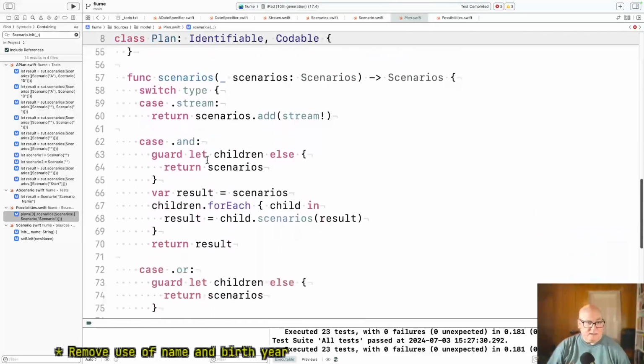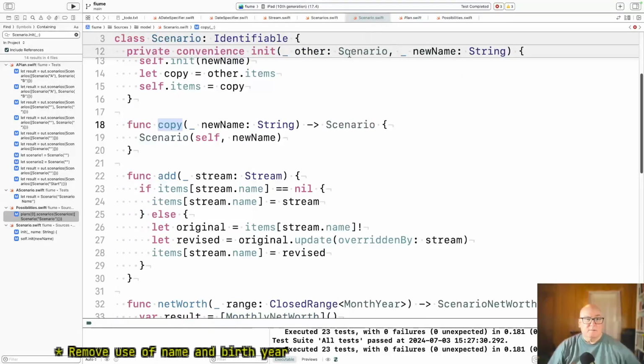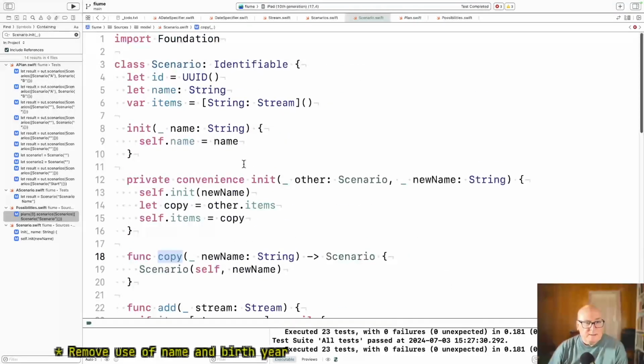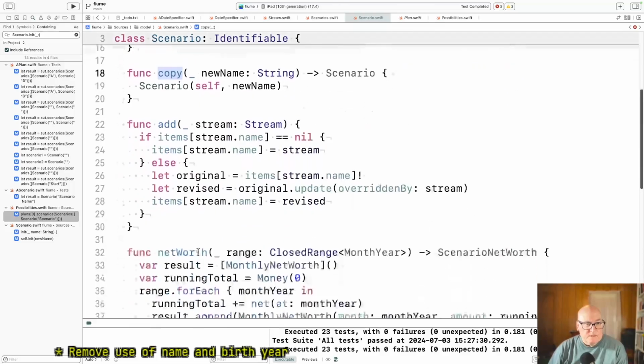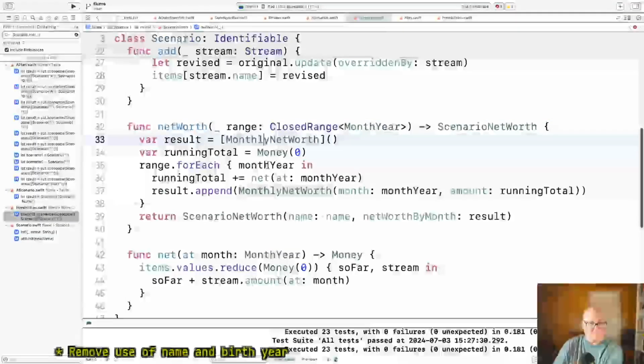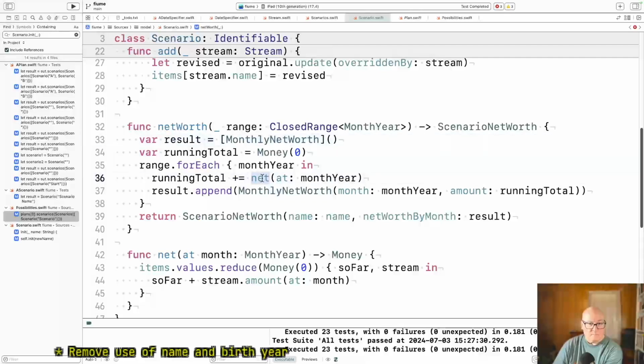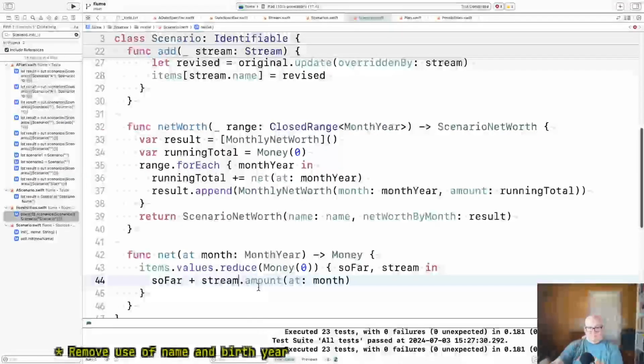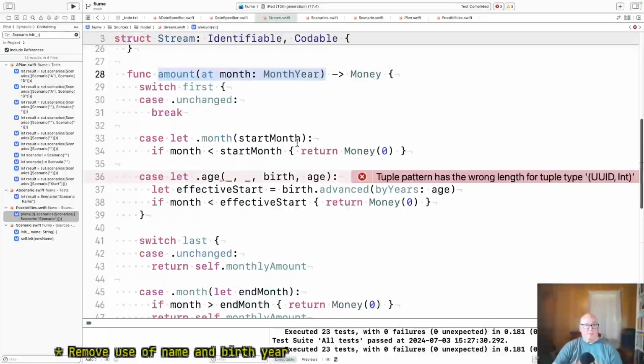Okay, so I think if a scenario knew its people, when does he do anything with it? Net worth. Yeah, he calls net worth. Okay, we're back here.